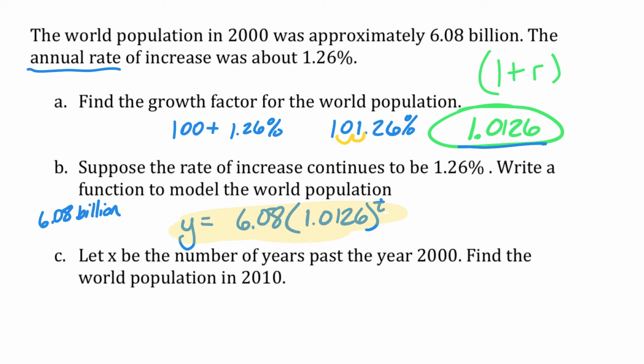our function model. And then the last thing you'd ask me is, let x represent the number of years past year 2000. We use t, so we're going to go ahead and change that. We can change it in our formula either way, as long as you're comparing the appropriate things. So we'll call this value t and x. There we go. So all we're going to do is basically take our function